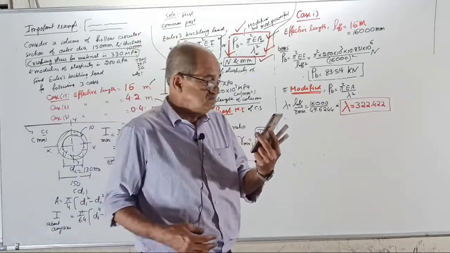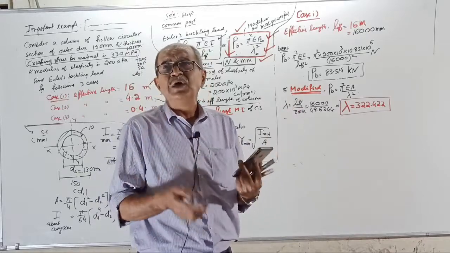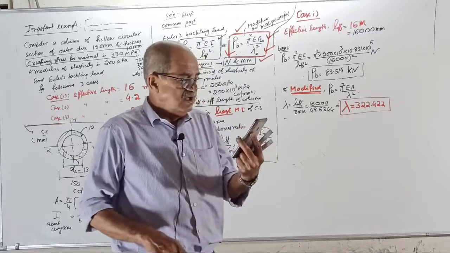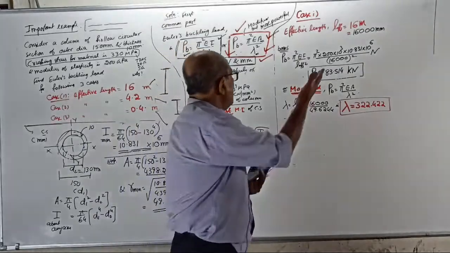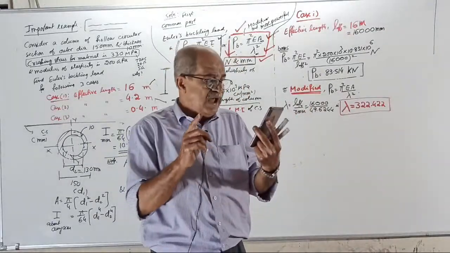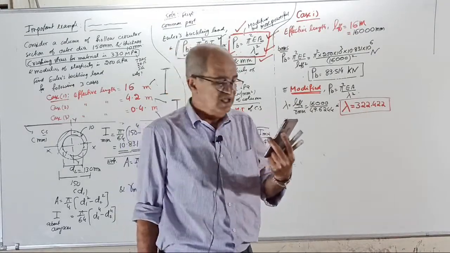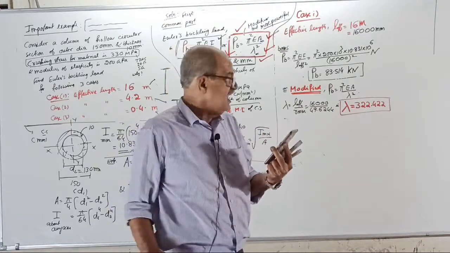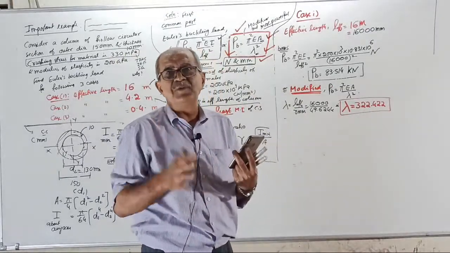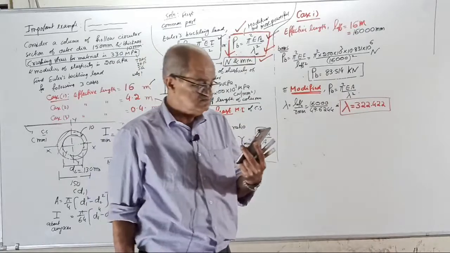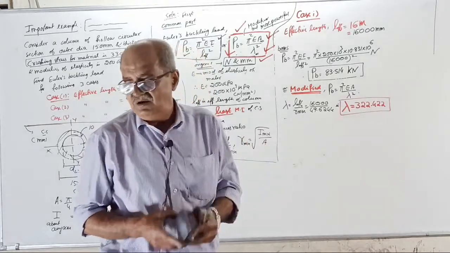Not applicable. What is this? Euler's formula is applicable only for long columns which fail by buckling alone. If you tell that way, this is a very long column. The basic requirement of general formula. Where did I tell general formula so far? I accept Euler's formula. I told nothing in the class so far. I do not know general formula now. As it comes, I will be knowing about it. Right now, I am not told. It is very much applicable.